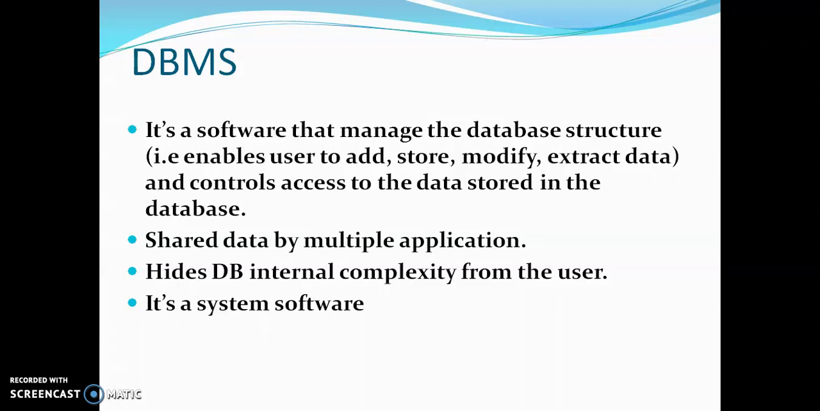That is, it enables the user to add new data into a file, you can store data into a file. Whatever data is already available, you can always edit it, you can modify it, you can extract the data. I mean, you can retrieve information from the database, and then you can even control access to the data stored